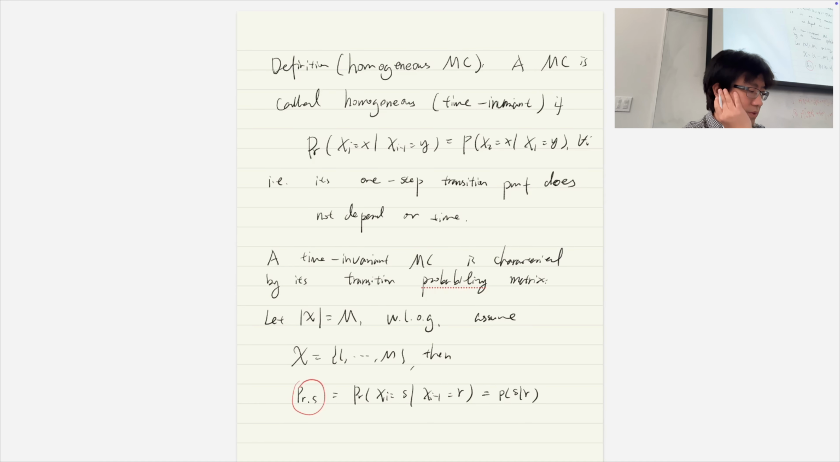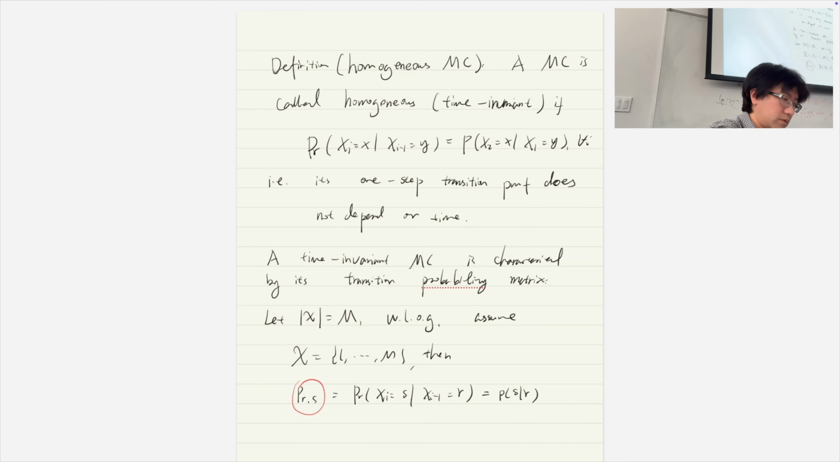This represents the transition probability. Remember, it's given R, and then the next step would be S, from R to S. So that's a probability. And given this, we can write down a matrix. For this, we can write it as a row of a matrix. So basically, for a fixed R, we denote